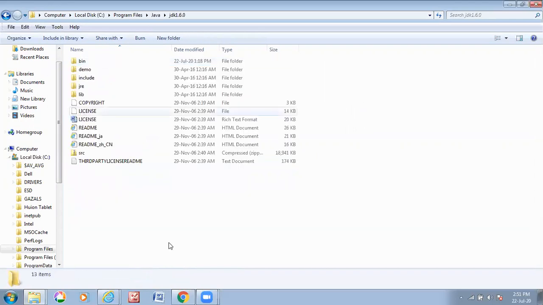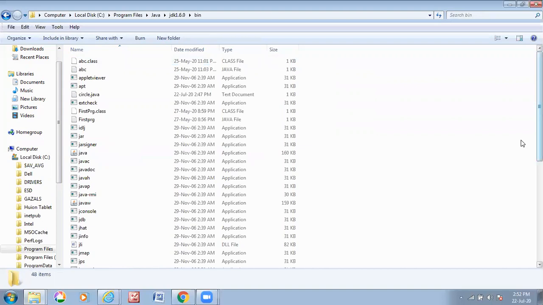In my case, you may have some updated version of Java, and bin will be storing our Java files here. First, I will tell you one thing, that I'm not using any source code editor to compile our code, but we'll be using a simple notepad file.